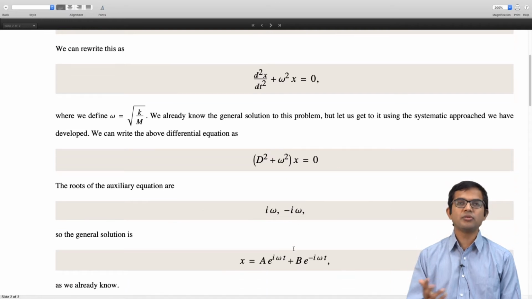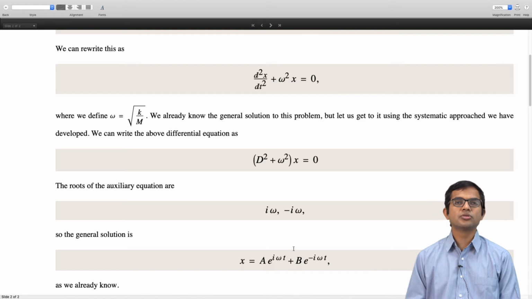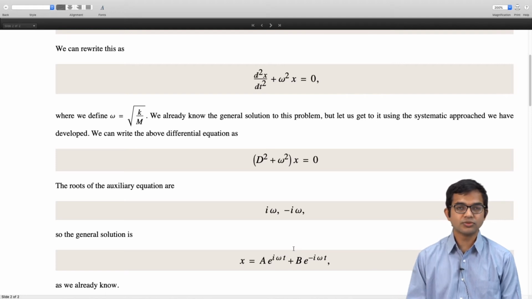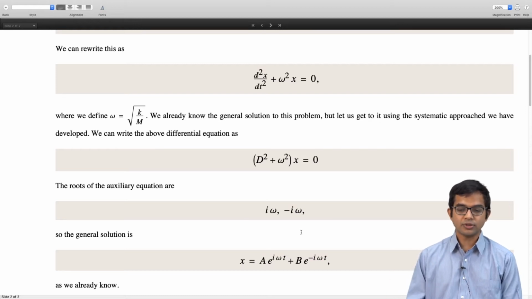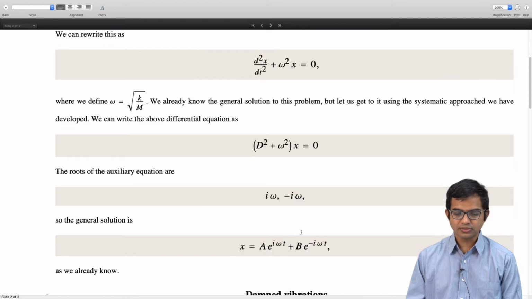So equivalently we could have written this as a linear combination of cosine omega t and sine omega t, whose coefficients you can work out in terms of a and b, right? It's all very familiar. Or equivalently we could have also thought of this as cosine of omega t plus some phase, times an appropriate amplitude, right? So this is something we are familiar with.